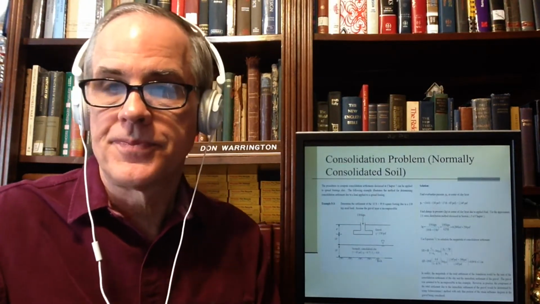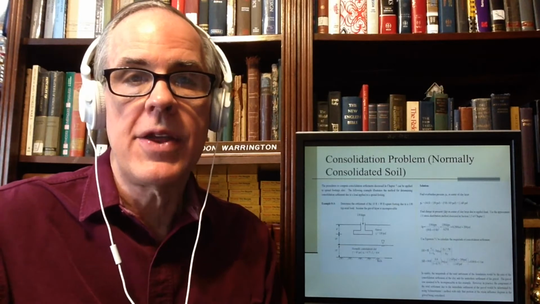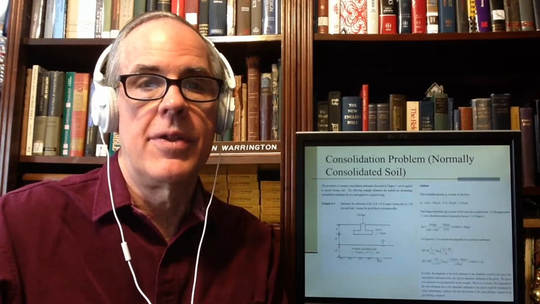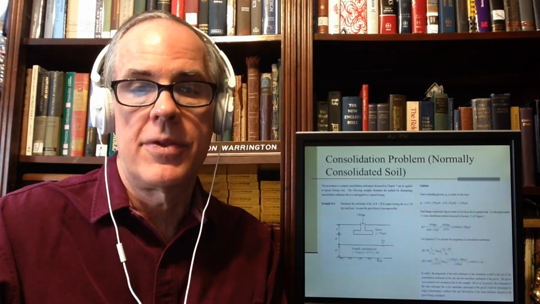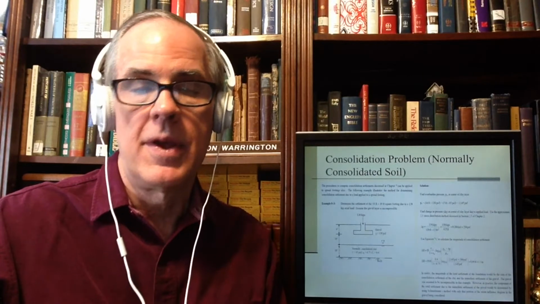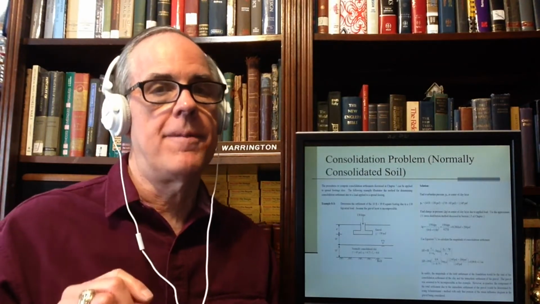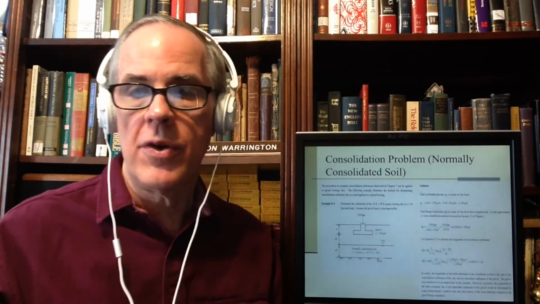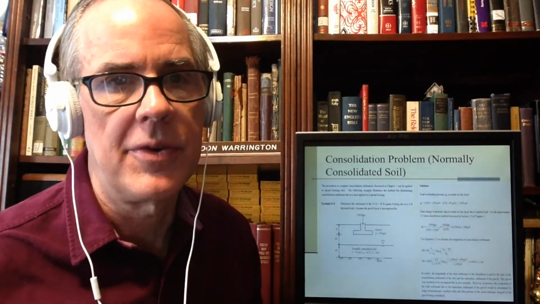Delta P. Now, they use the 2 to 1 method. And I'm not going to go back through the 2 to 1 method. We just talked about it here recently. I'm not going to go back to it other than to say that they're using the 2 to 1 method, which is a little simpler computationally. One thing you've got to be careful about with any method, whether it's Boussinesq or 2 to 1. 2 to 1 is a lot simpler. Notice, and it's easier to see with the 2 to 1 method,